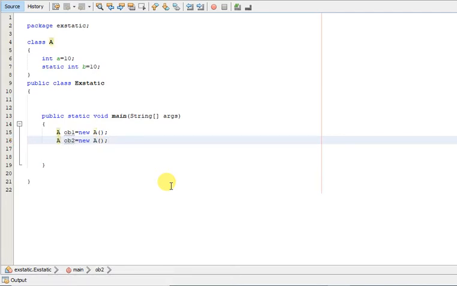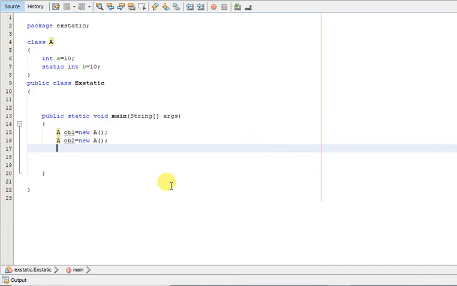We already know that memory allocation for an instance variable is done separately for every instance. Since a is the instance variable, two copies will be made, one for object ob1 and one for object ob2. Both objects have a separate copy of this variable a.